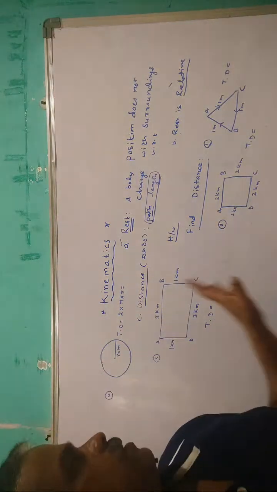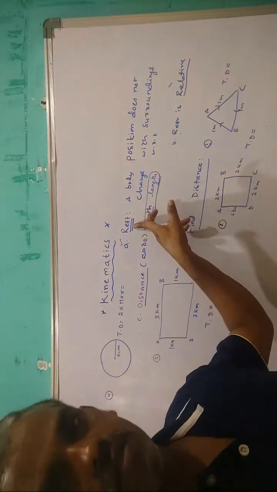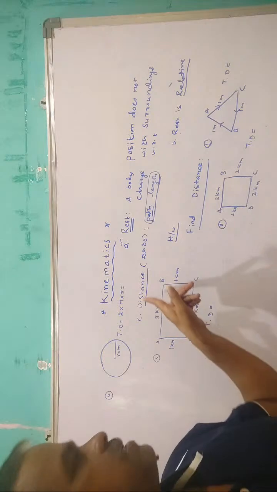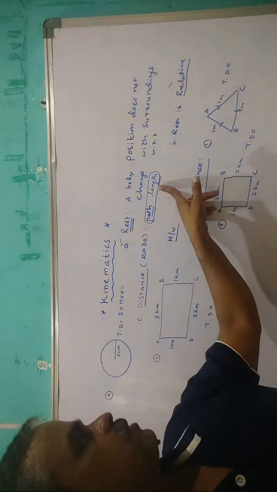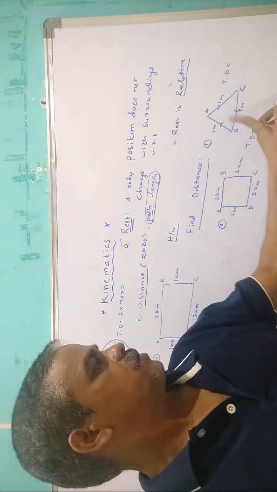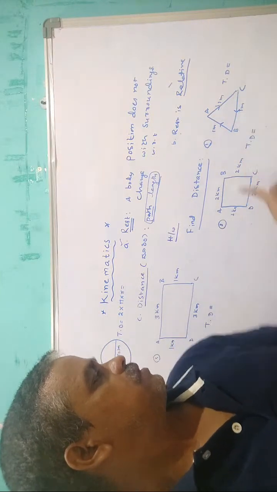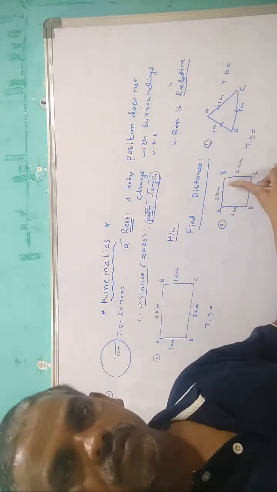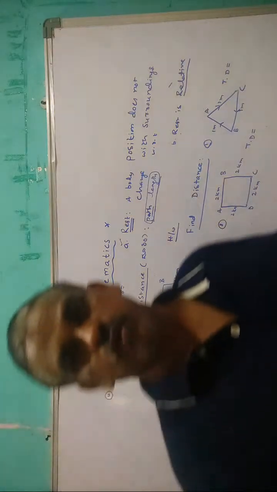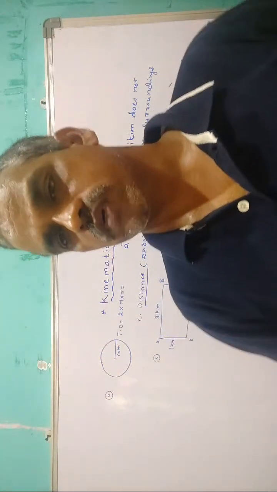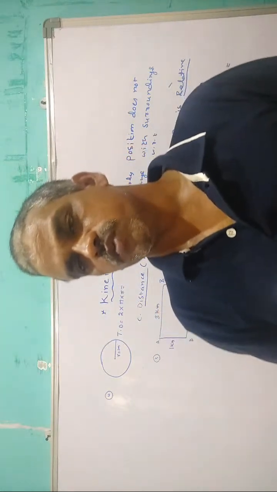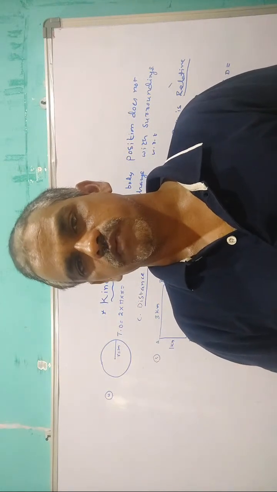Okay. This is what we discussed: what is rest. Next one is rest is relative. Third one is distance. Distance is nothing but path length. So I discussed here this is the ABC. Here we have to calculate the path length for this path, then one more path length for this path, and the path length for this path. See, I gave 4 homeworks for you. If you did this, you can message me after watching this video. Thank you.